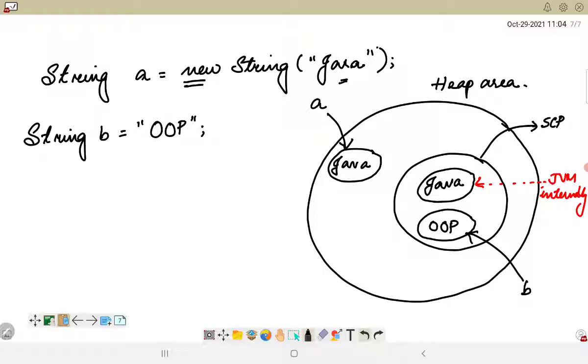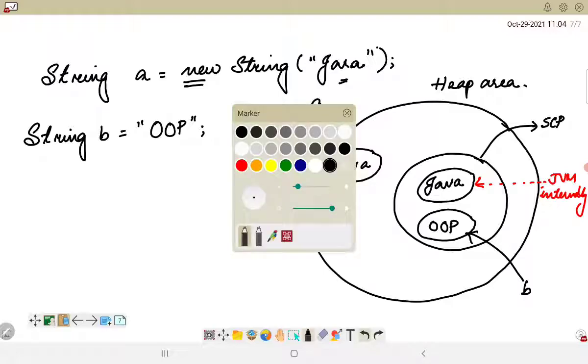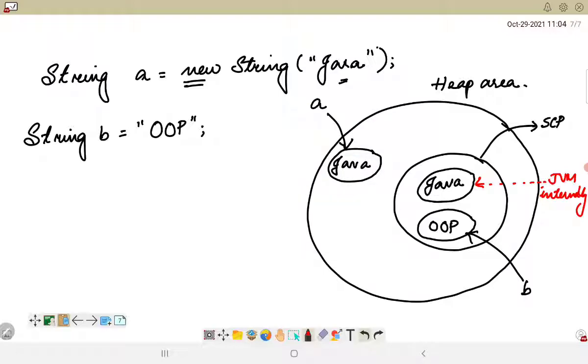Okay, so if you look at both of these statements, whenever I'm creating a new string object, an object is created in the heap area, as well as one more object in the string constant pool with the same literal name.